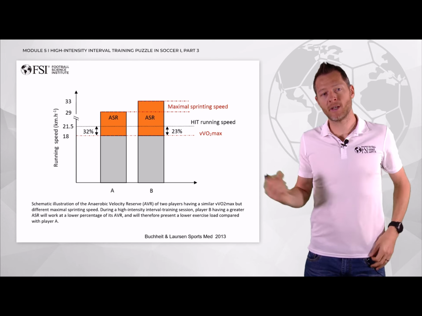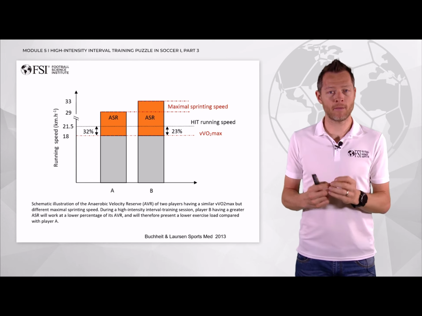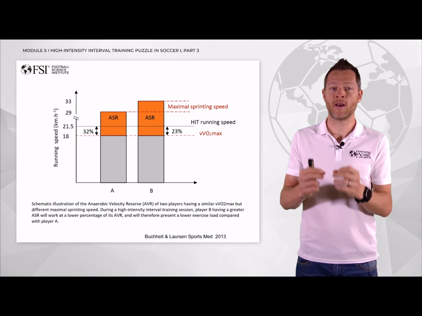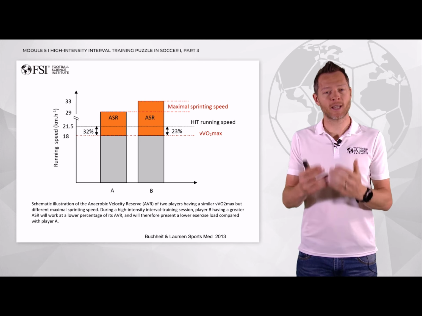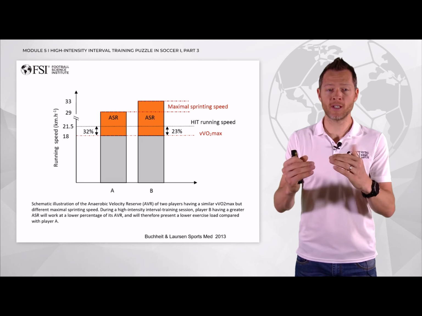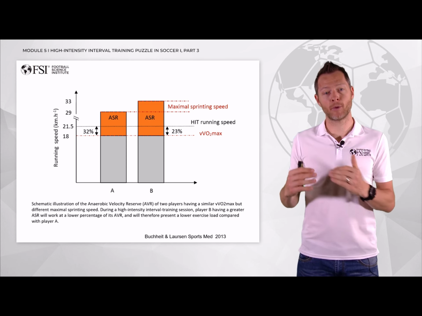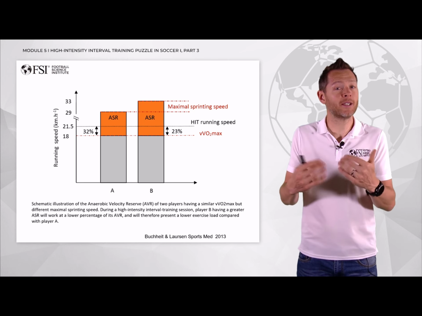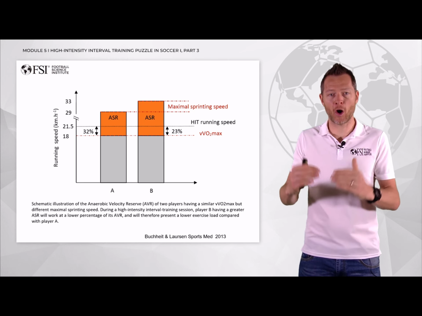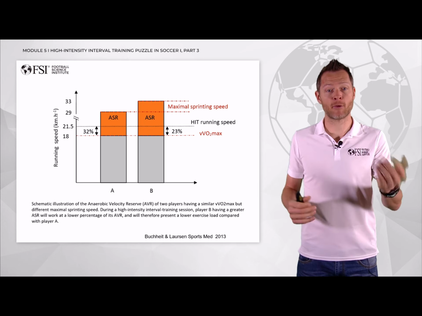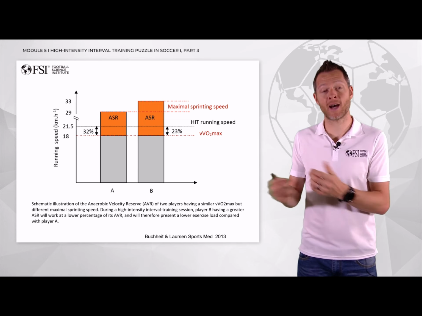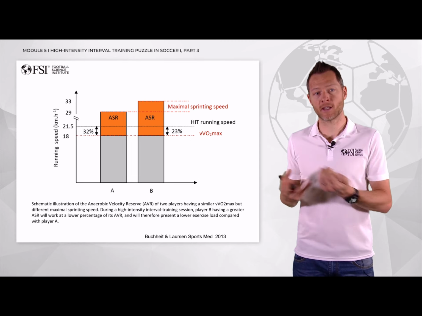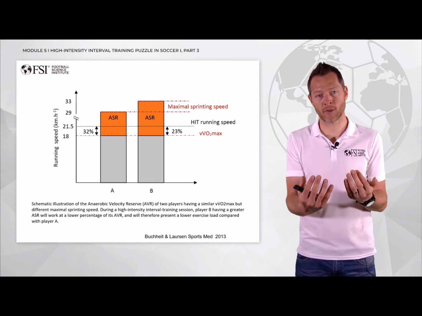Both of them in this example have the same VO2 max, the same speed associated with their VO2 max, or the same maximal aerobic speed. So if we were just using VO2 max and had both of them running a 15-15 at, for example, 120% of their maximal aerobic speed, let's say running at 21.5 kilometers per hour, as we've been doing, with everyone doing this maximal aerobic test and everyone working at 120% of those maximal tests,